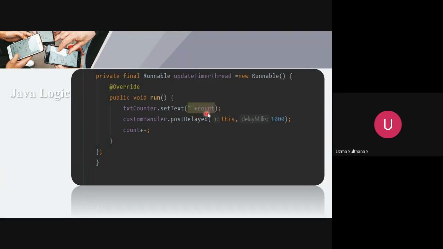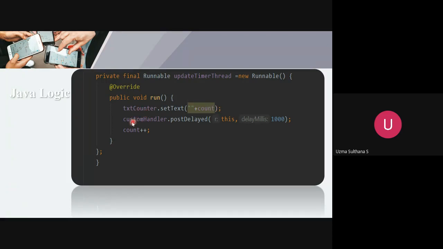What is the value of counter as of now? Can anyone just tell what is the value of counter? In the last slide we have assigned 0, yes, that 0 will be set on the display, that is the TextView textCounter. So after that we are going to increment the counter. How are we going to increment?